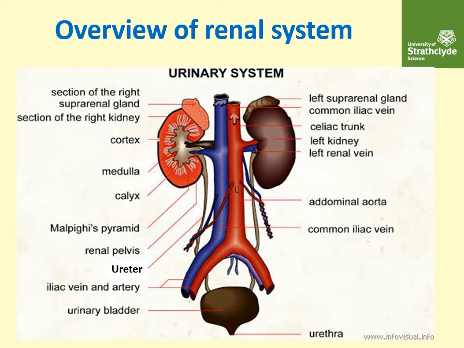So we've got the outer part called the cortex, and the inner part called the medulla, and the whole of the kidney is surrounded by a capsule. There are these triangular structures here called Malpighian pyramids, and in here, at the collecting part where the urine is collected, that's called the renal pelvis, and the urine is actually